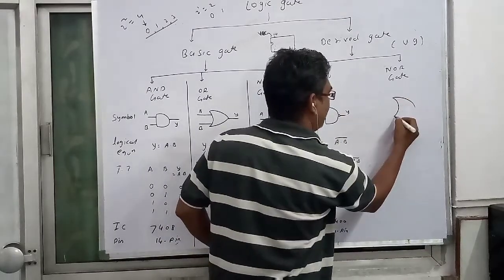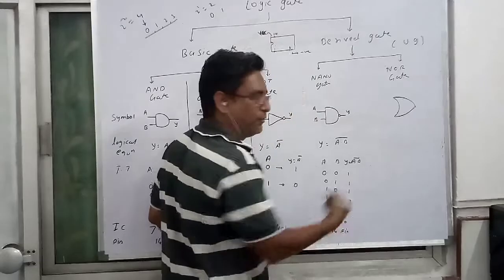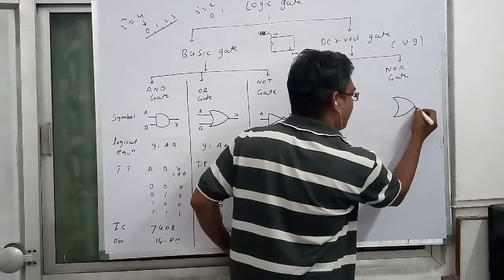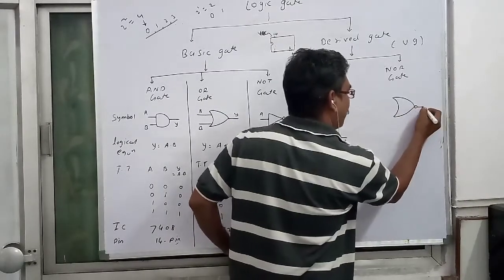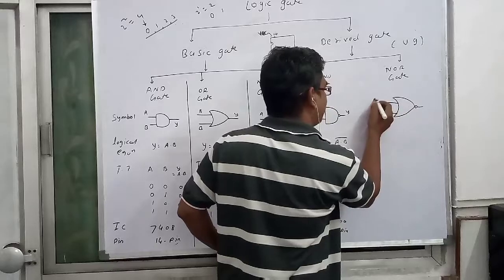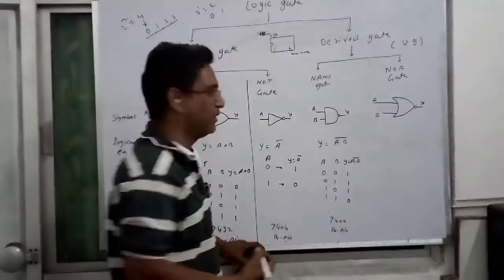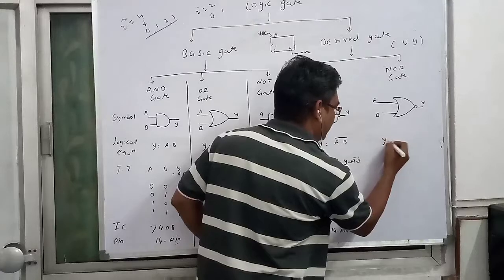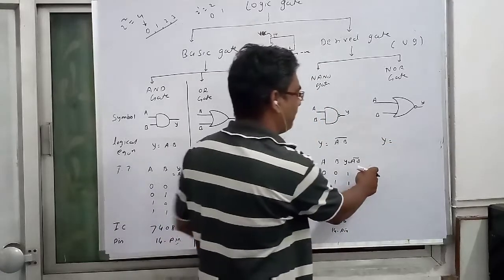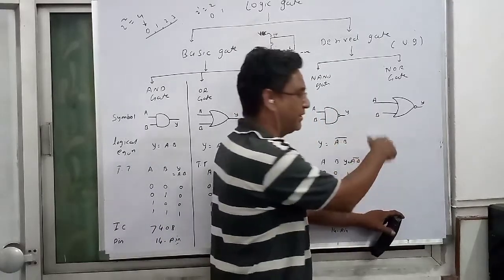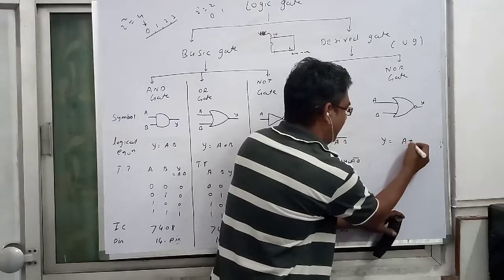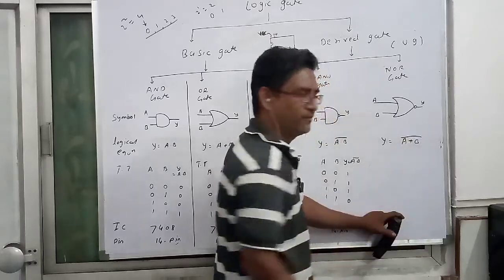Very first you know the OR gate, how to draw. You draw the OR gate, and just in front of the OR gate, one circle has to be assumed, and the two variables, that is A and B, and Y is equal to, you will be getting the output. This Y is nothing but the output. So from this particular Y, you will be getting the logical equation. That logical equation is nothing but (A plus B) whole bar.